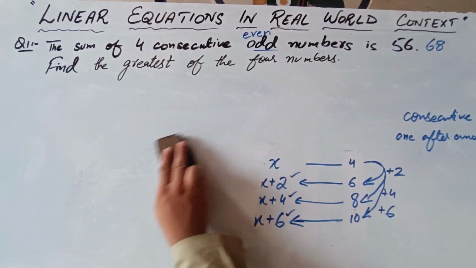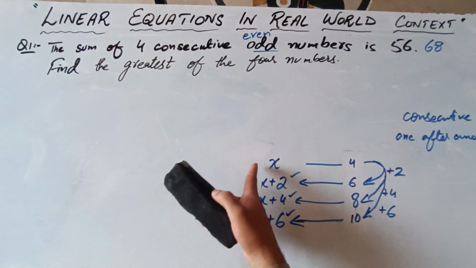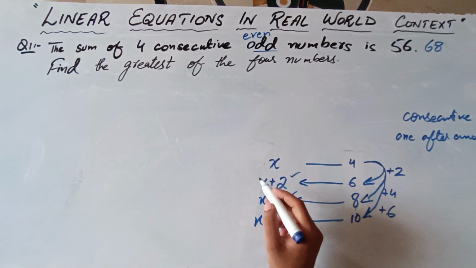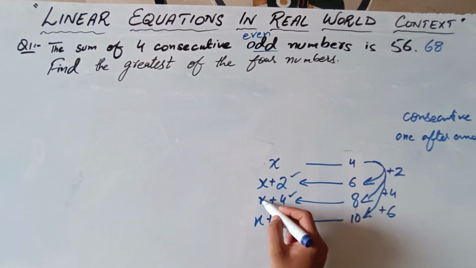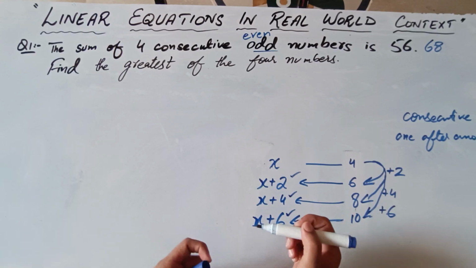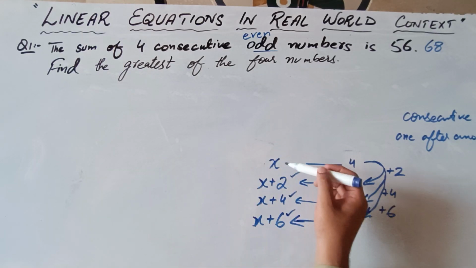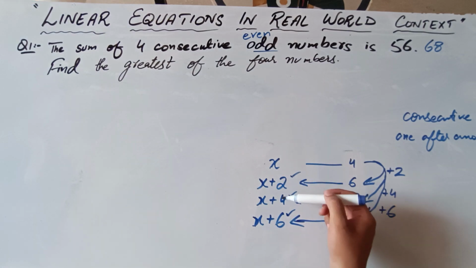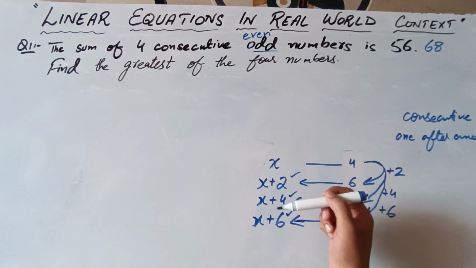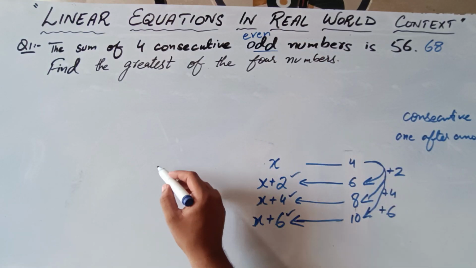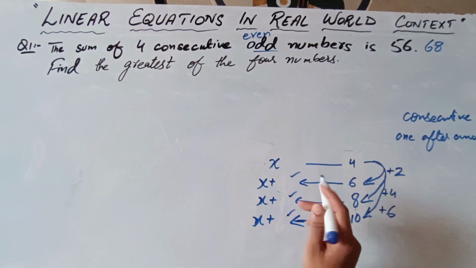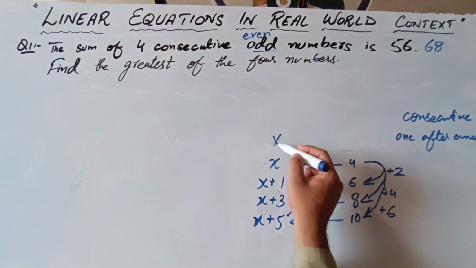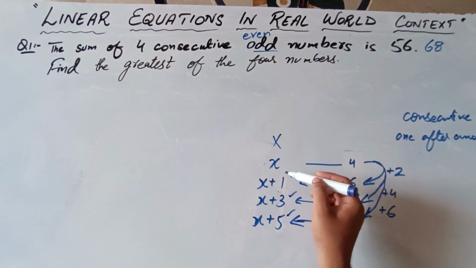My personal opinion is to take the first even number or odd number as x, then x plus 2, then x plus 4, then x plus 6. It would work very well and there won't be any confusion. This is one of the most confusing parts for students. They think that if we are adding x plus 2, x plus 4, x plus 6, it means that we are adding even numbers each time in case of even numbers, and we have to add x plus 1, x plus 3, x plus 5 in case of odd numbers. So this is a very big misconception in many students.